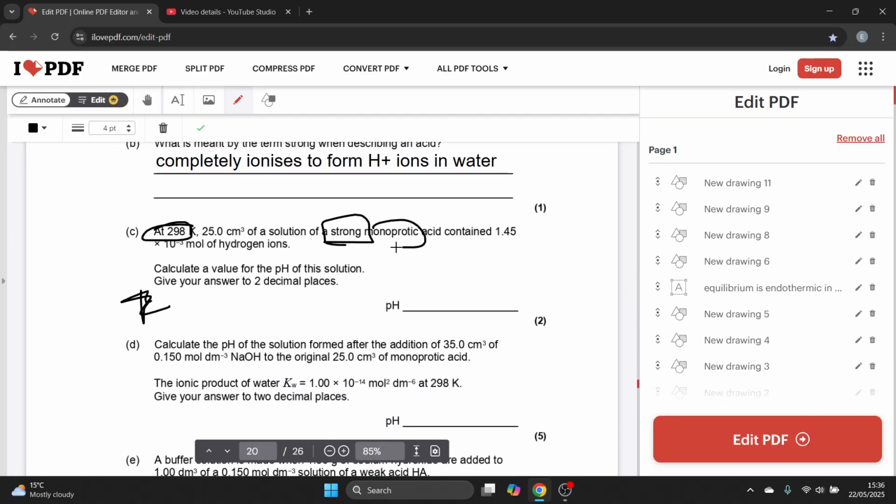Also tells me it's a monoprotic acid, so only releases one H plus ion. I could do, I guess, but if I do,